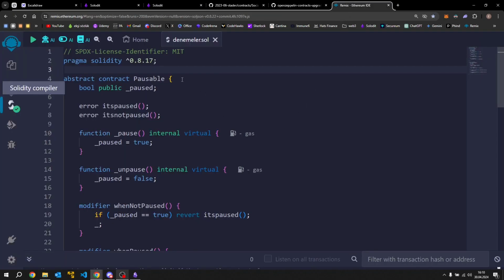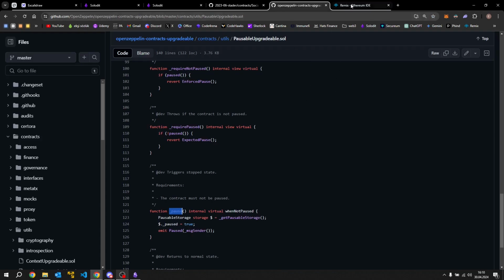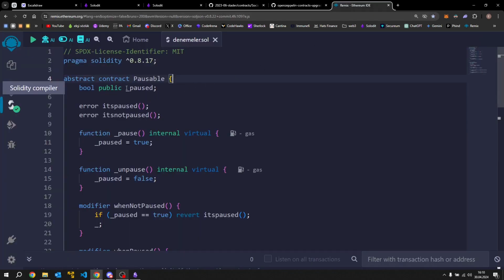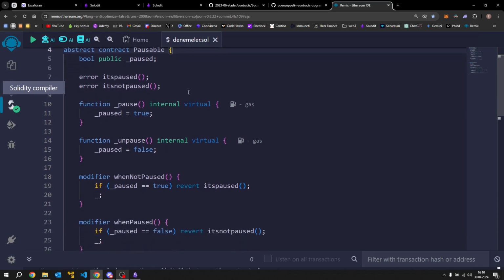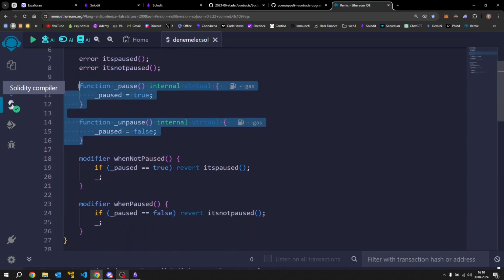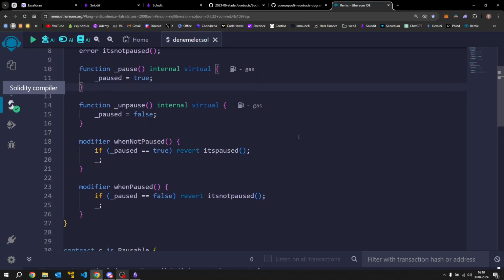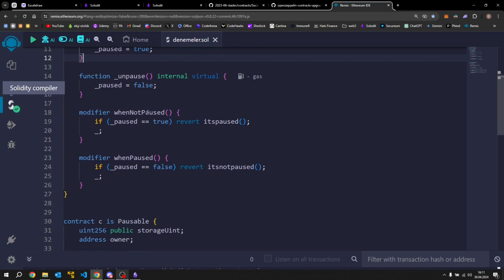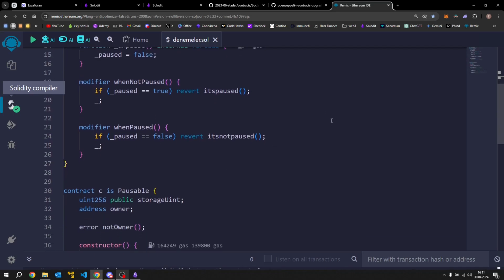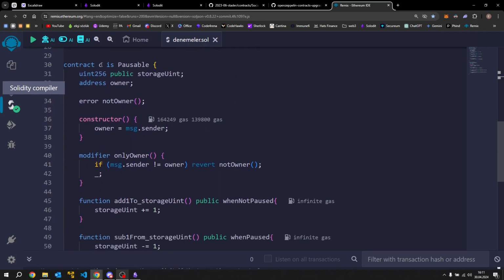Let me create a simple example here. There's an abstract contract that is pausable, like OpenZeppelin's one. Here is a paused bool variable, and there are two functions that make this paused variable true or false. And here are two modifiers, whenNotPaused and whenPaused. And this contract C inherits the pausable contract. And there is a storage